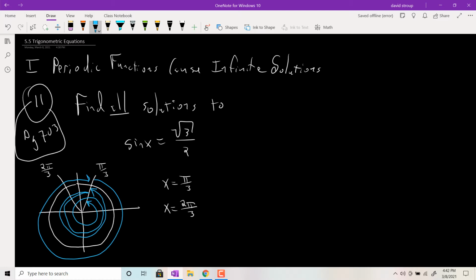So the question really then is, how do I write that in math terms? I could show you the little picture of what I mean, but how am I going to write that out? I'm saying I can always add in 2 pi and get new solutions, but multiples of 2 pi. So instead of writing 2 pi, let's write 2 pi n, and that n indicates we can multiply 2 pi by pretty much anything. We can't use fractions though, so we have to indicate that n is an integer value. So n is in the set of integers,